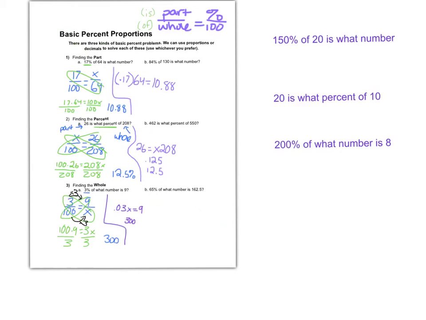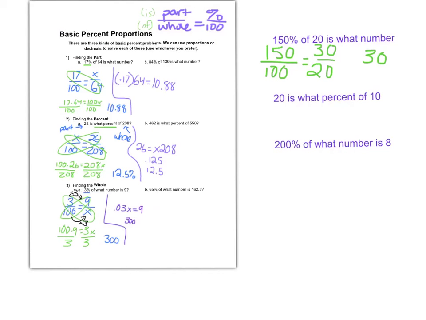One thing I want you to be careful of is that the whole is not always going to be bigger than the part. So if we had the following statements, 150% of 20 is what number? That means that I have the whole 20 plus another half of 20, or 30. And the way I would set that up is that I still have 150 over 100, because we know that our percent always goes over 100, and it says of 20. So 20 is our whole, but our part, and I say part kind of loosely, is actually going to be bigger than that. So we have 30 over 20 equals 150 over 100,